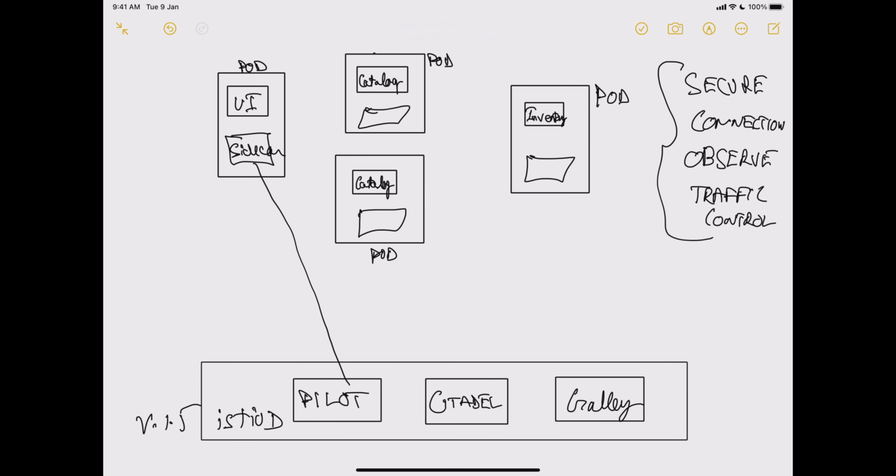Let's suppose somebody made a call to our service. Of course there is a gateway also. I will talk about this gateway later. So this is my gateway. Let's suppose somebody made a call to my UI. Instead of my call going directly to the UI component of my pod, it will go to my sidecar proxy. This proxy works as a reverse proxy in front of our main component.